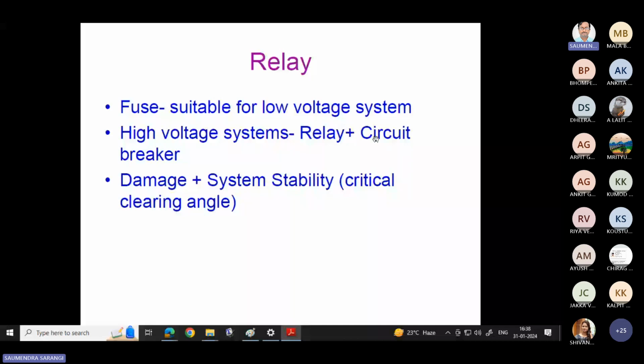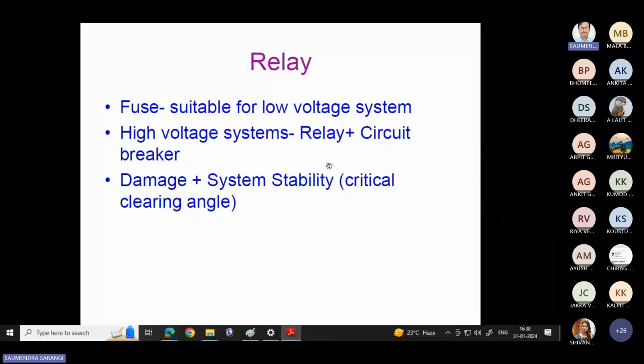If it is a fault, it gives a signal to the circuit breaker, and the circuit breaker will trip. Circuit breaker means it is a switch; it has to open. But whenever we try to open a high current like 1000 ampere or 2000 ampere,